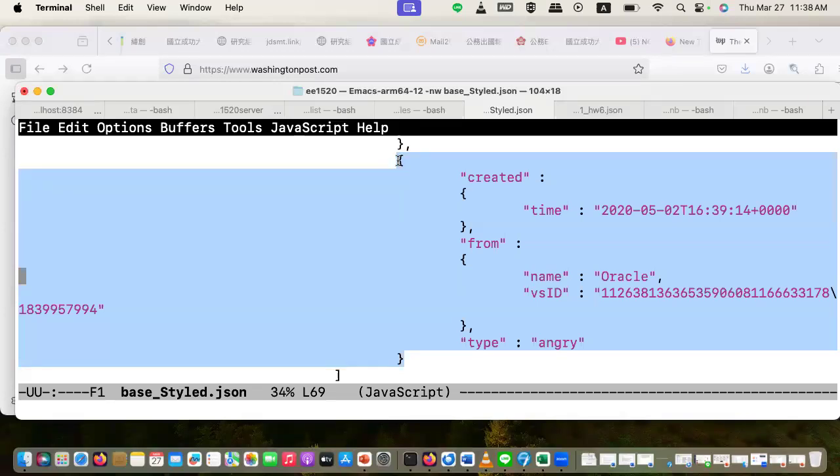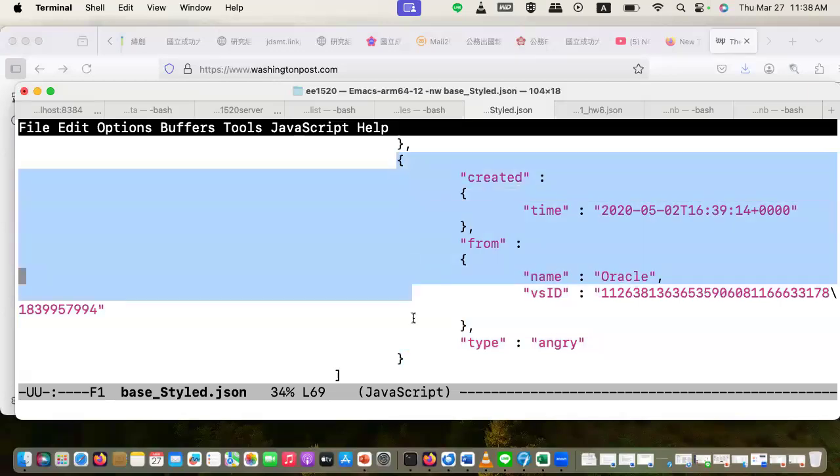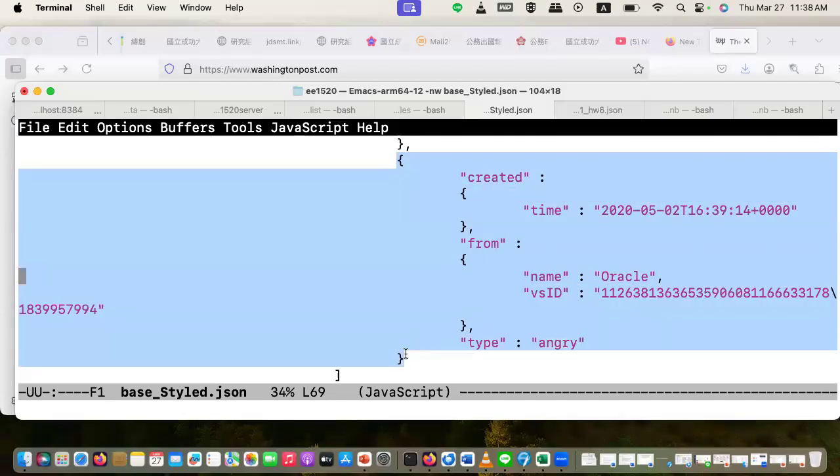So you can take a look at this. This is a JSON representation. If I only show you this, what do you expect if I want you to represent a reaction class in C++? This is a JSON representation of something I want to model about my reaction to a certain thing.